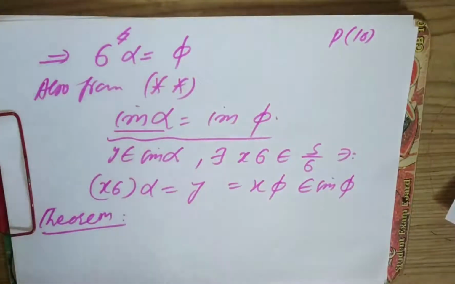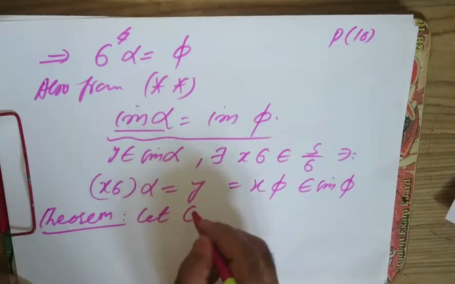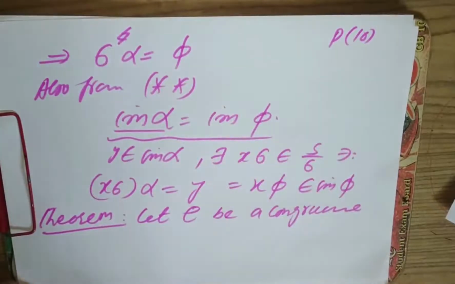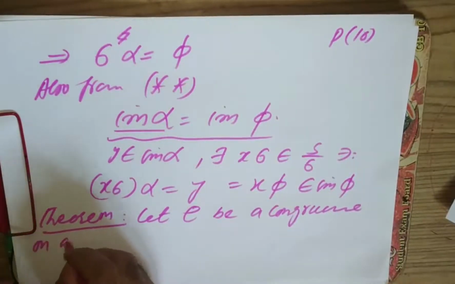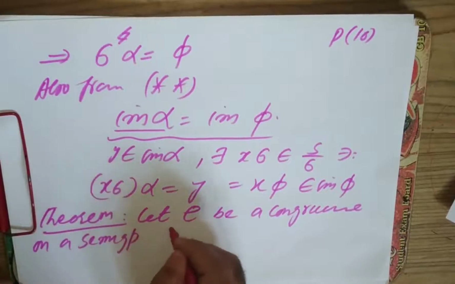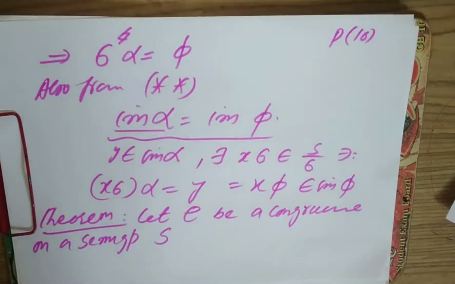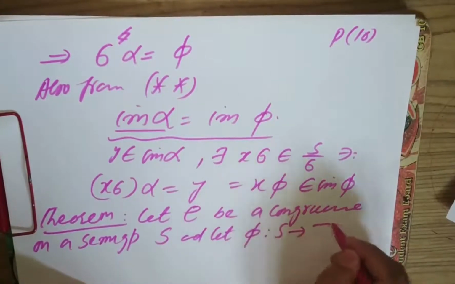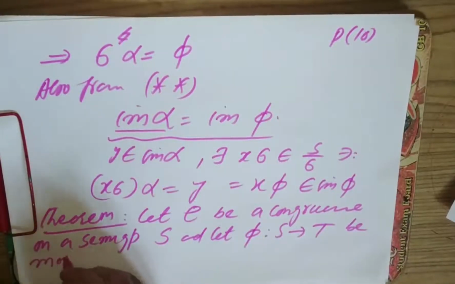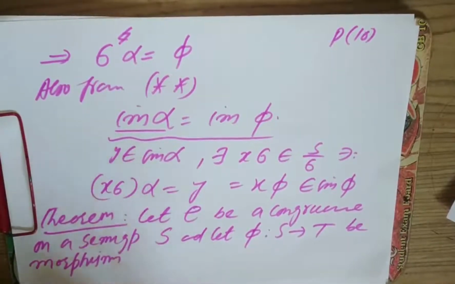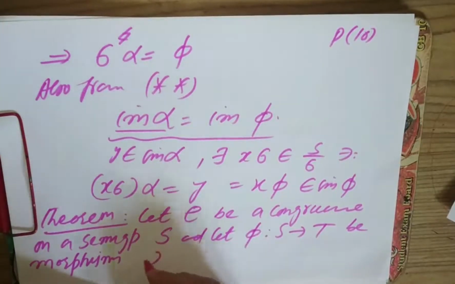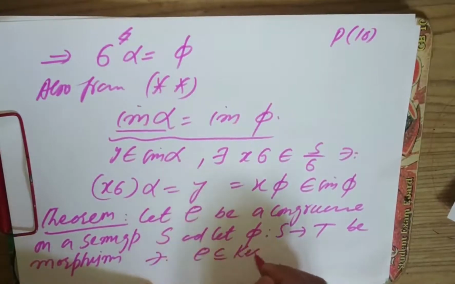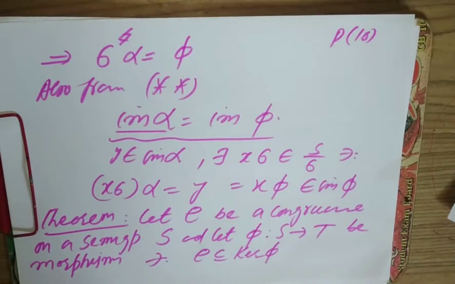Let rho be a congruence on a semigroup S, and let phi from S to T be a morphism such that rho is a subset of the kernel of phi. Then there is a unique morphism